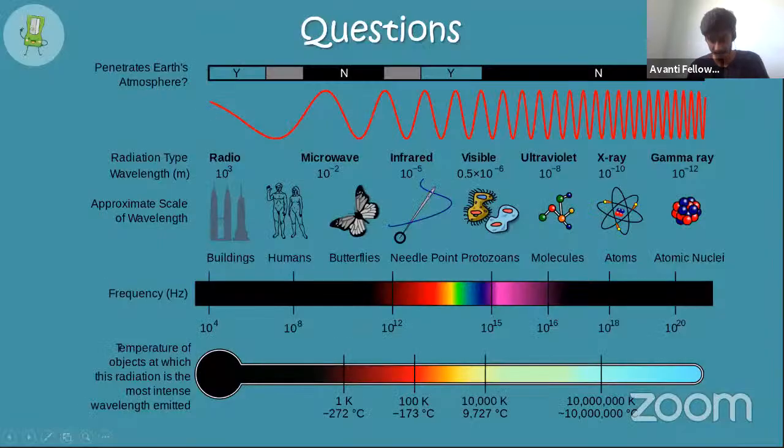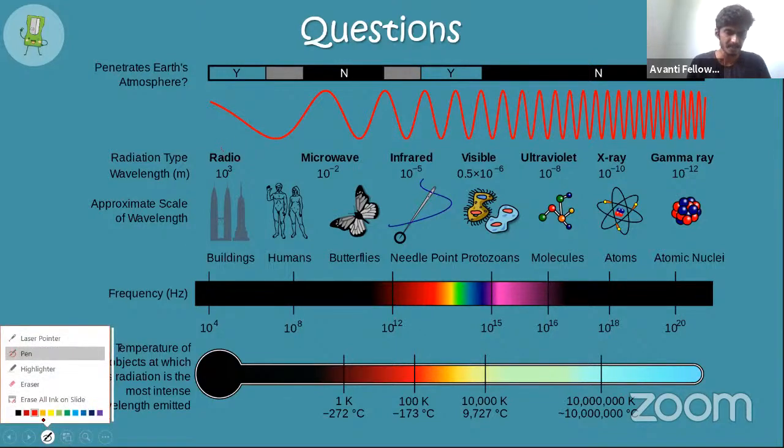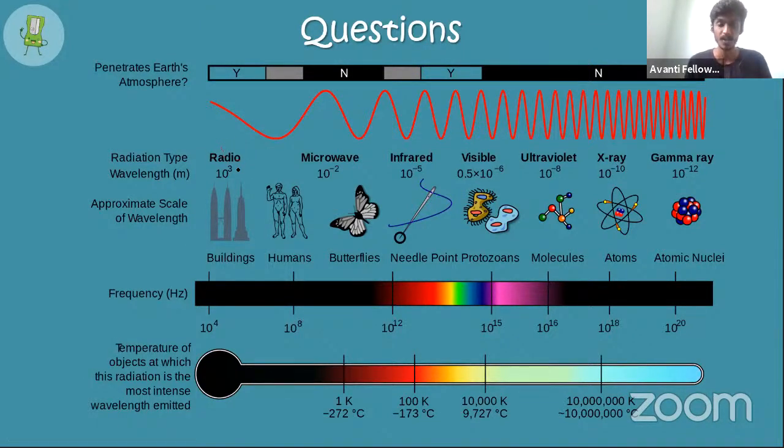So here I've given a broad spectrum. On the screen you can see a detailed overview of all the radiations available in the universe. Most of the radiation available in the universe are here. So we can start from radio waves. Radio waves are the waves which have the highest wavelength. You can see radio waves can be as long as 1 kilometer. One wave of radio can be as long as 1 kilometer. So they have the highest wavelength, and as the wavelength reduces, we go towards microwave, infrared. Infrared is responsible for heating, if you know, right? And it is almost as small as a needle pinhead. It is as small as a needle point.